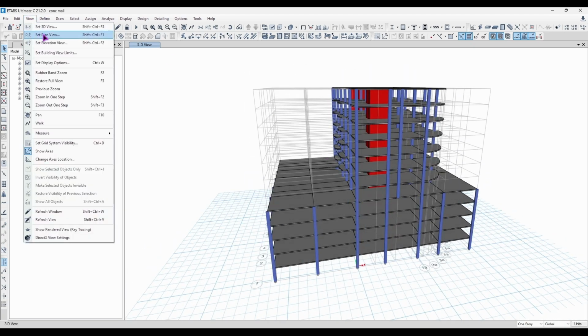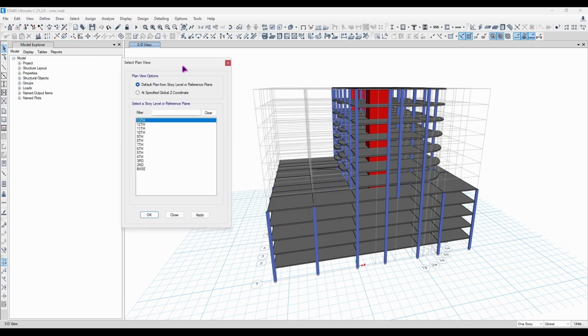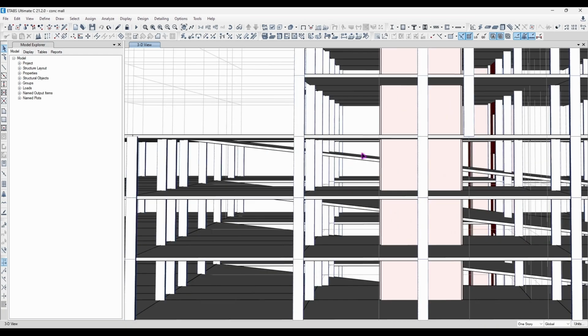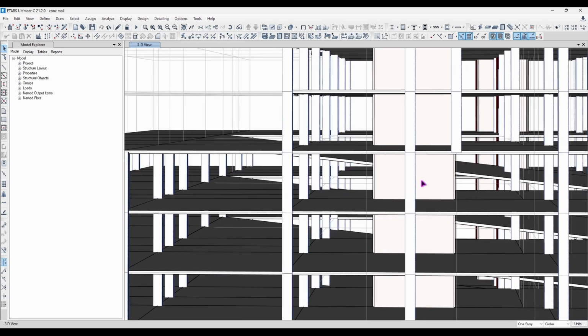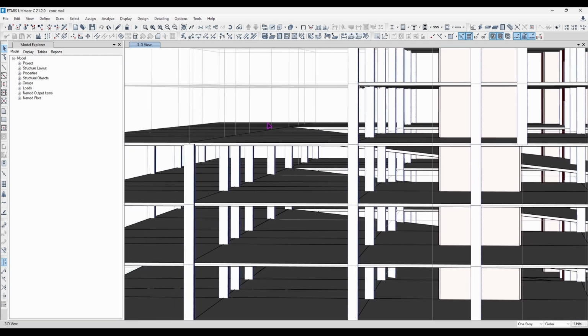Now, what we're going to use the most is these two. The set plan view: you click on it and it asks you a bunch of questions. It offers a default plan from story level, a reference plan, or a specific global Z coordinate. If you have a slab where part of it is neither on the 2nd or 5th floor, nor the 6th floor, but in between,